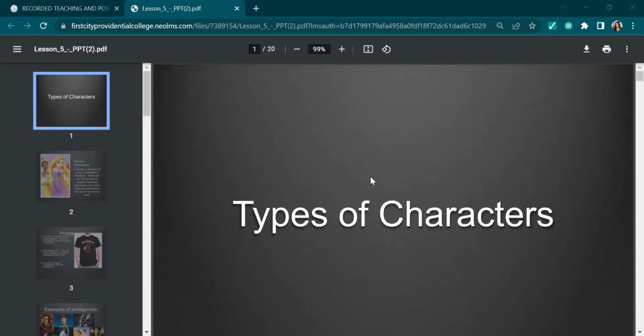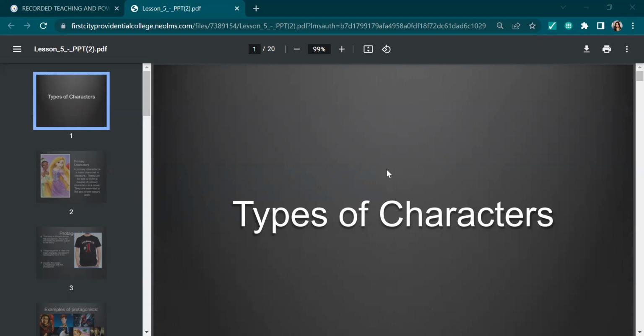Hi, so now let us discuss reading and writing fiction. Of course, when we say that we are dealing with writing fiction, we definitely need to learn the elements that we need to consider as we're writing. By the way, when I say fiction, it's believable make-believe stories. So let's start now dealing with the characters that we are supposed to have as we write our own fiction